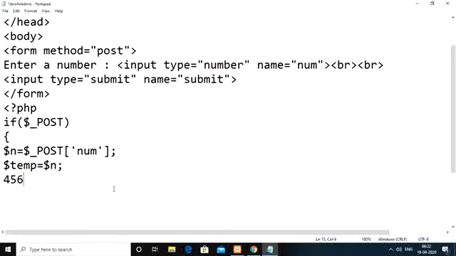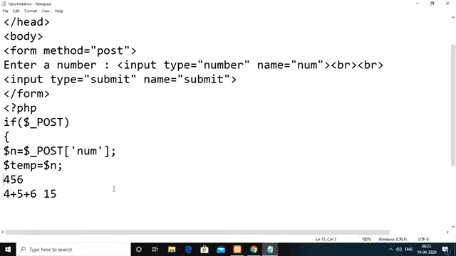So let us say we gave 456 as the input number. In that case we need to get the result as 4 plus 5 plus 6. So 4 plus 5 means 9, 9 plus 6 means you will get 15. Okay, so that is the result we are expecting. Means from the given number you need to get each and every individual digit, right?